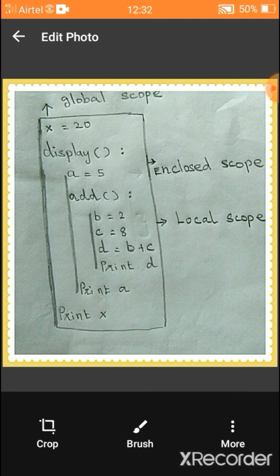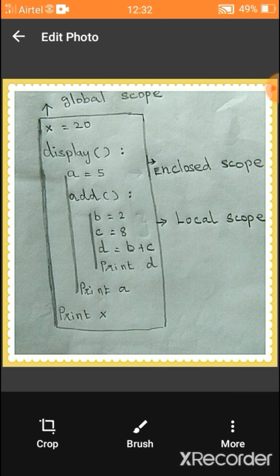So this corresponds to the add function block. The add function is finished. How do we know? There is no space in print a. So print a is for the display function. So print a corresponds to the function display.